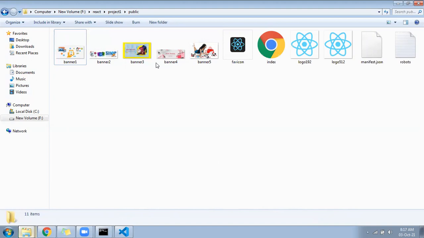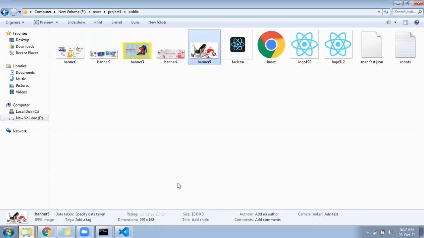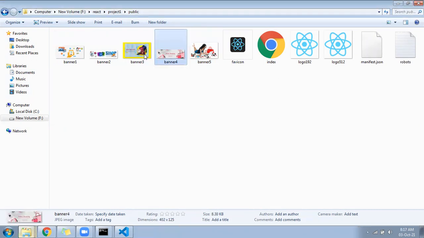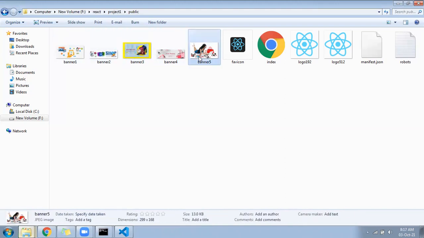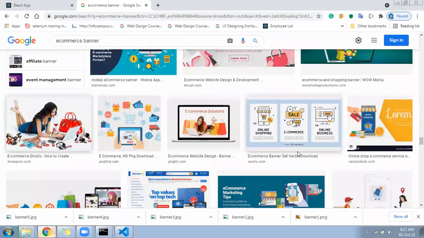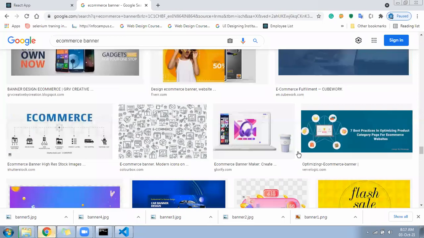What is the dimension of all? It's very small here. It is another small photo. Not fit properly. Okay, so let it be. I need to download the big photo.